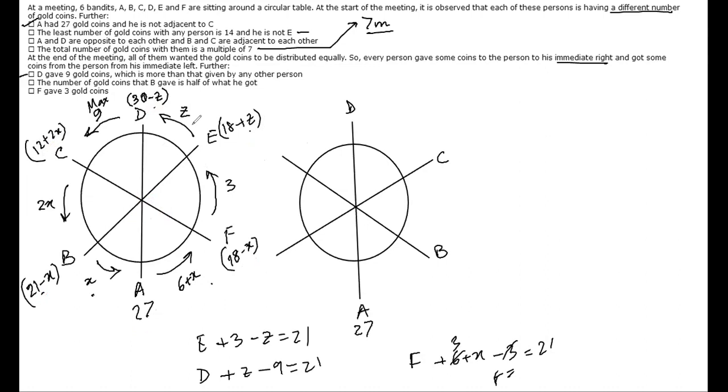What is one thing which we have not yet done anything about? See, I am saying that A is giving 6 plus X. I have already said that the maximum you can give is 9. That means 6 plus X must be less than 9. Yes, sir. Matlab X is less than 3. X can be either 1 or 2. Correct? It cannot be anything else. Not even equal to 3, right? Because it has to be less than 9. I had said that for everyone.